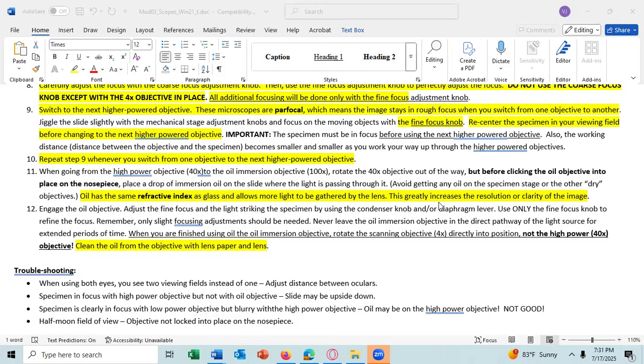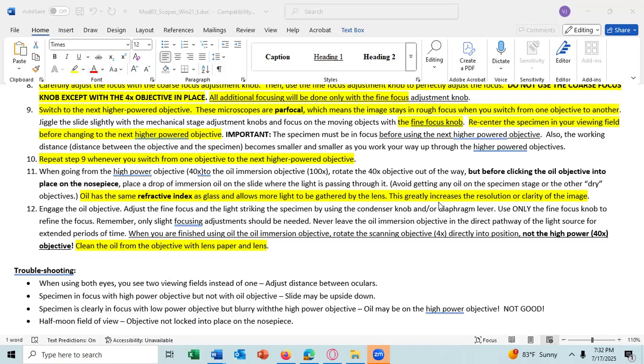The lenses are the most expensive part of the microscope, and so only use lens paper on the lenses to clean them. On the slide, like I said, those are relatively cheap. I don't care what you clean them with. You can use paper towels. You can use lens paper. Any question about any of that? And yeah, the slide will eventually become scratched. But like I said, to replace them is cheap. To replace the lens of a microscope is expensive.